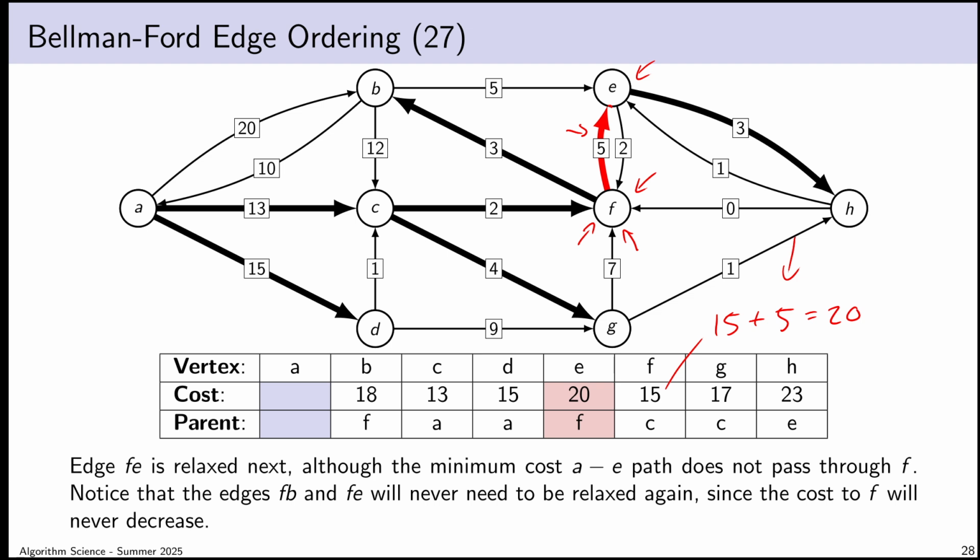Now, even though this edge is rejected at this iteration and will never change, the Bellman-Ford algorithm will relax this edge over and over again in every other iteration for all eternity until it finds the minimum cost path tree. Even if this edge is not helpful now, it won't be helpful ever. And even if the edge is helpful now, because you see that the edge actually is being added to the tree, if the edge later gets removed from the tree, which means the edge is not a good choice, the algorithm is going to keep relaxing that edge forever.